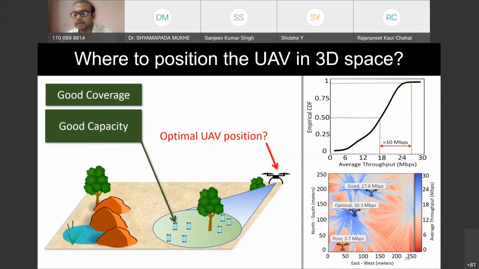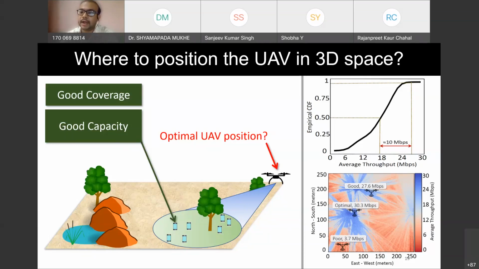So this is an experimental result where I show at different locations, I have different throughputs. As you see on the bottom side, I show poor throughput, which is close to 3.7 Mbps, whereas the optimal throughput can be as high as 30.3 Mbps, right? So even if you go to a moderate location, that gives you something around 27, 26 Mbps, which is close to 30.3. However, there are pockets where you can get really poor